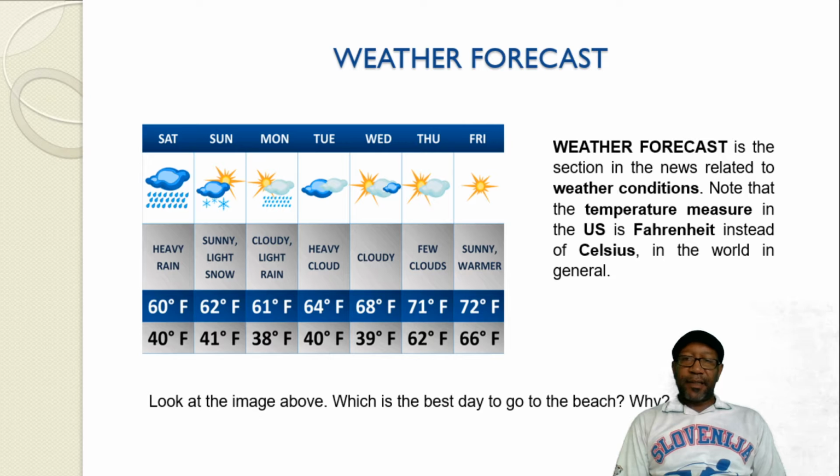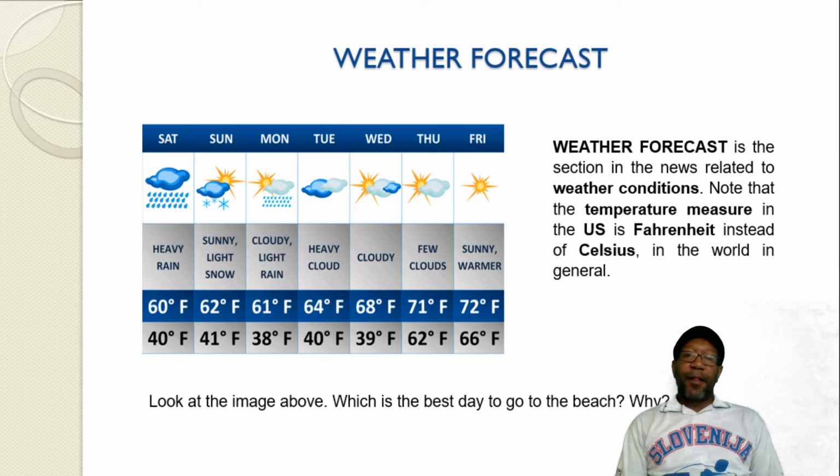Weather forecast is the section in the news related to weather conditions. So before people leave home, going to work and going to school, in some places it's interesting to check the weather conditions because in some places they change rapidly from really sunny to really rainy or cloudy or whatever, right? So weather forecast is that section in the news. It can be TV news, internet news, printed news, whatever, that tells you how the weather will be in that